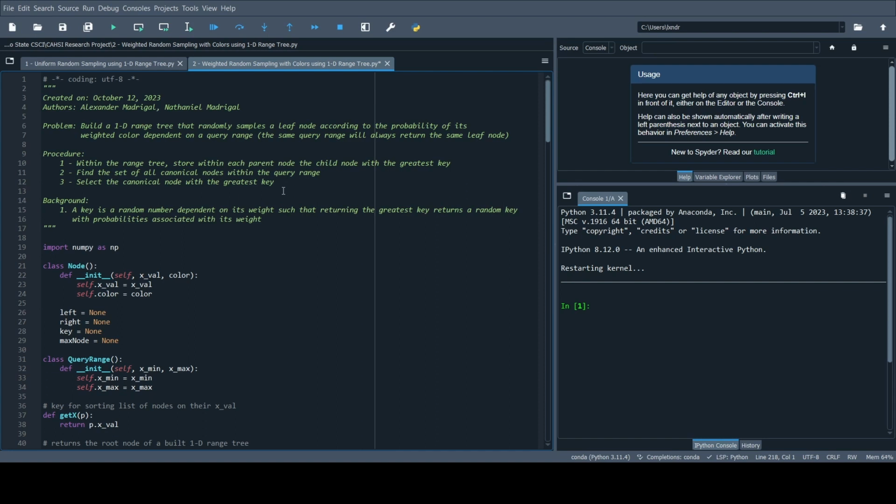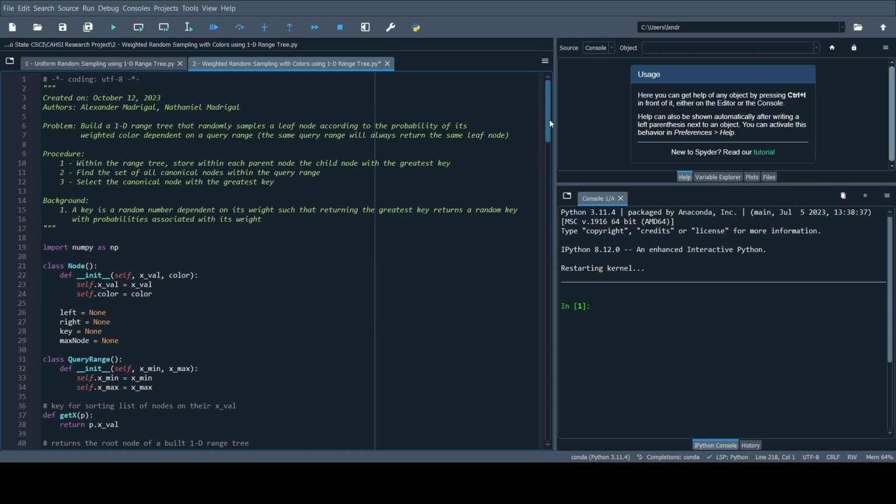And that node it is storing will be the node you will return, which is our weighted random node dependent on color. One thing to consider is that for the same query range, this program will always return the same